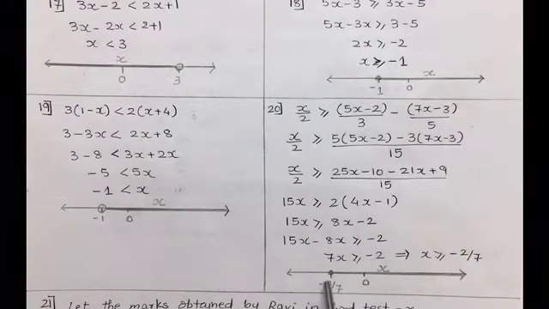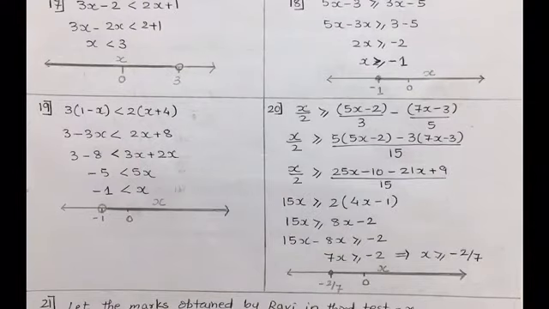Now plotting minus 2 by 7 on the graph, that is on number line, as x is greater than or equal to minus 2 by 7, the circle over here is closed and all the numbers towards the right are being shaded or taken up. So the line is made more dark towards the right side as x takes the value greater than minus 2 by 7.